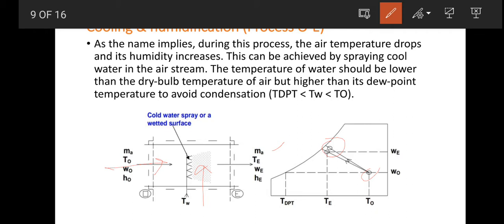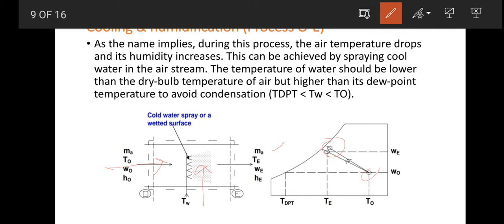So at adiabatic condition, keeping wet bulb temperature constant, this process is taking place. Adiabatic condition means no thermal energy will be added. So in that condition this process is taking place at wet bulb, keeping wet bulb temperature constant. And if the wet bulb temperature of water is greater than the wet bulb temperature of the inlet air, then we will consider it is not an adiabatic process.